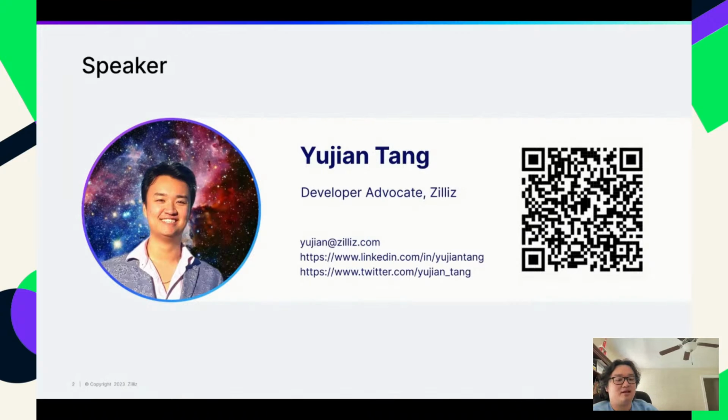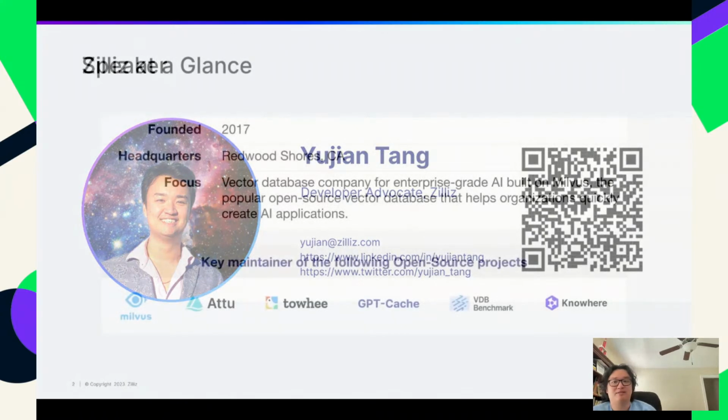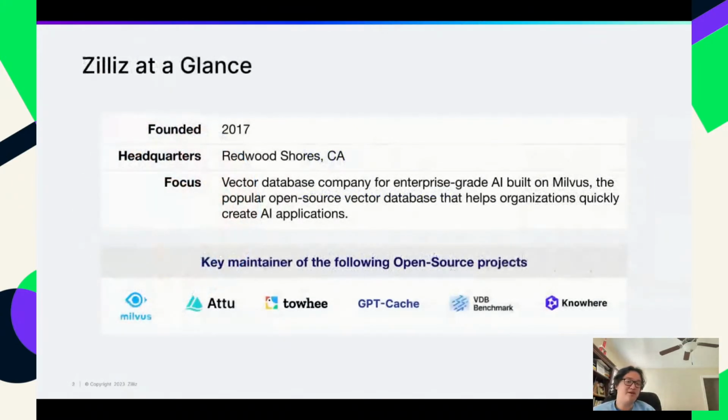Now that's my cue to talk a little bit about Zilliz. Zilliz was founded about 6 years ago in Redwood Shores, California. We maintain a bunch of open source projects. We're a very open source first kind of company. Probably the main open source project that you want to pay attention to here is Milvus, which is the open source vector database, which, as Richie talked about, is a key technology in this new LLM stack